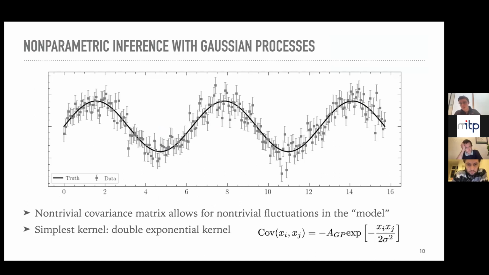And what I did is I drew data from this true model in black, which is just sinusoidally varying along the x-axis. And so we have some shape, and then we have statistical errors on top of that shape. Now let's say I was very simple and I had never heard of a sine function before, and I wanted to figure out how I would actually analyze this data. If I wanted to look for a bump in this data at 8, I would be stuck,